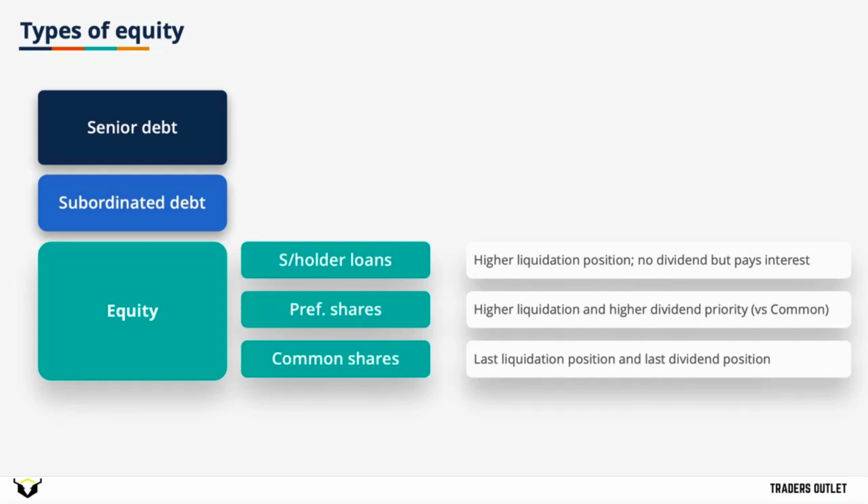When a company is raising money, it will have to weigh the pros and cons of each of the various types of equity. It will look at the cost of each type. Perhaps the common shares are extremely costly with the highest expected rate of return, so the company prefers to avoid them. Or it could be the opposite, that the preferred shares are so costly in terms of their dividend requirements and liquidity positions that the company would prefer to issue common shares. Of course, it all depends as to where investors are willing to invest and where the company is willing to issue shares. And when there's a match and the company and the investors are aligned, then they have a deal and they're able to raise money at that category of equity.